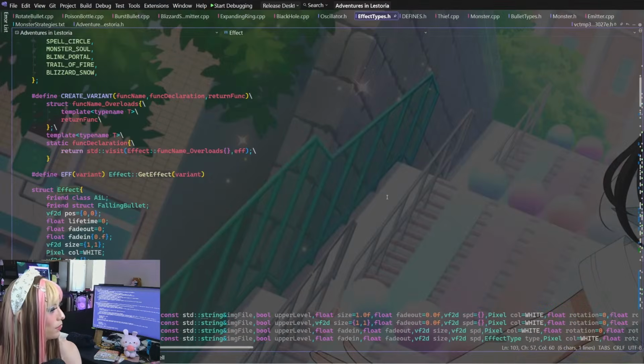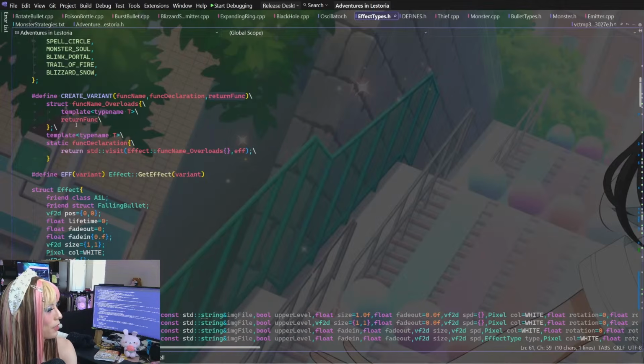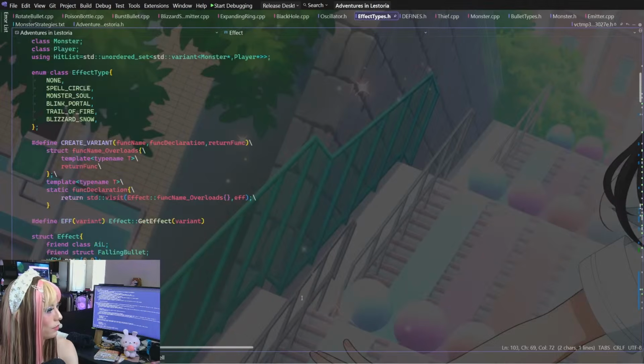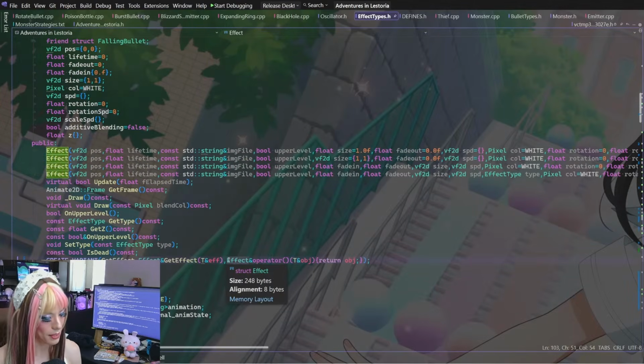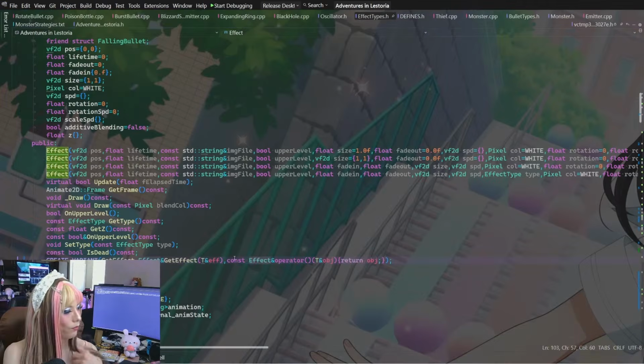Okay. Well, this abstraction is making things hard, isn't it? So, this return function is what gets filled in right here, and this is returning apparently not an effect reference. This is returning T reference, which... Maybe I should specify its const for the return type. Maybe that's the problem. I'm not sure what's coming in as const, though.